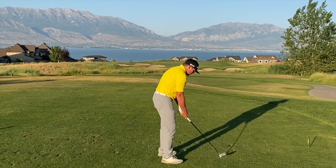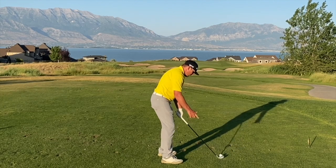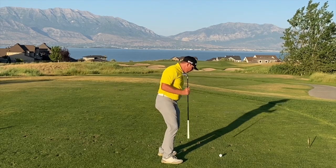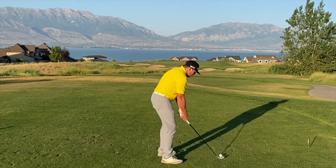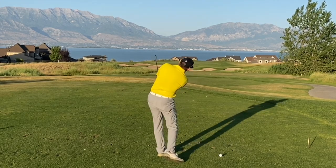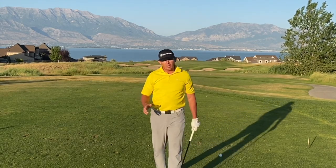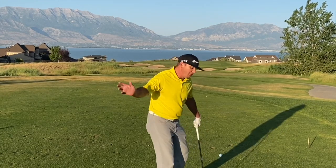Now from here, as we start back, what we're going to be able to do is take our right hip and turn it back. So now my left hip didn't move forward as much as my right hip moved back. So I'm actually creating more space, and now as I start down, even more space. That's critical. If we can do that, we open up the window into the golf ball. We can come in from the inside